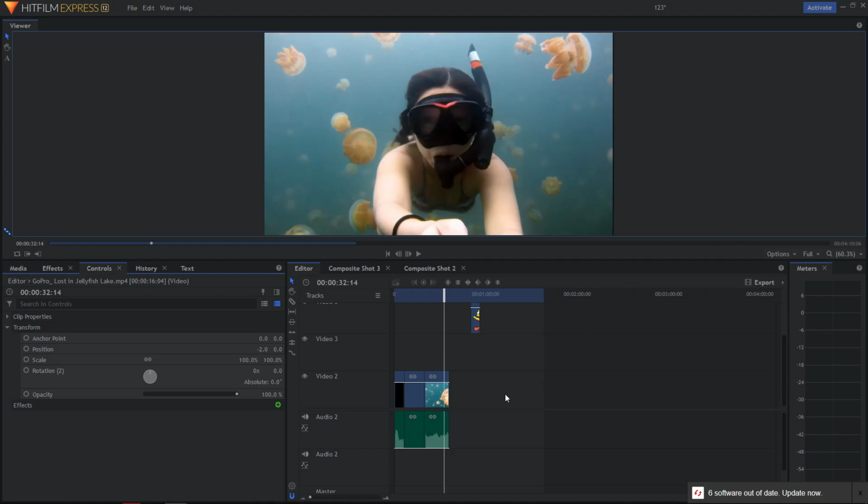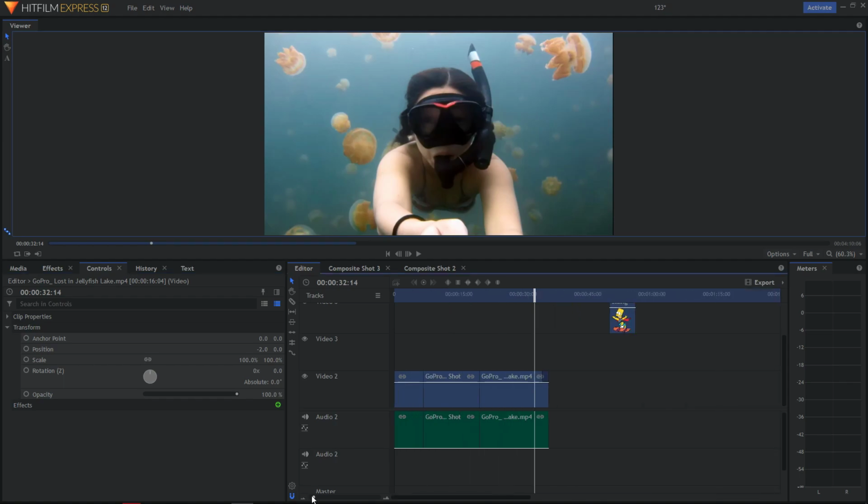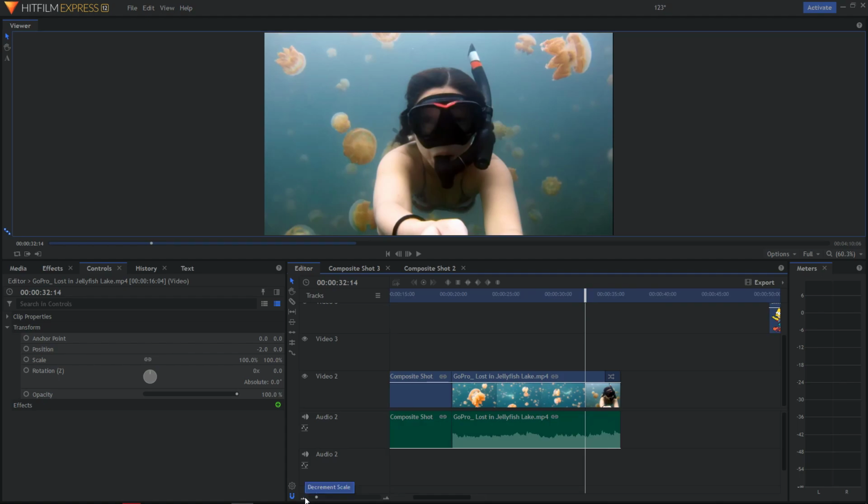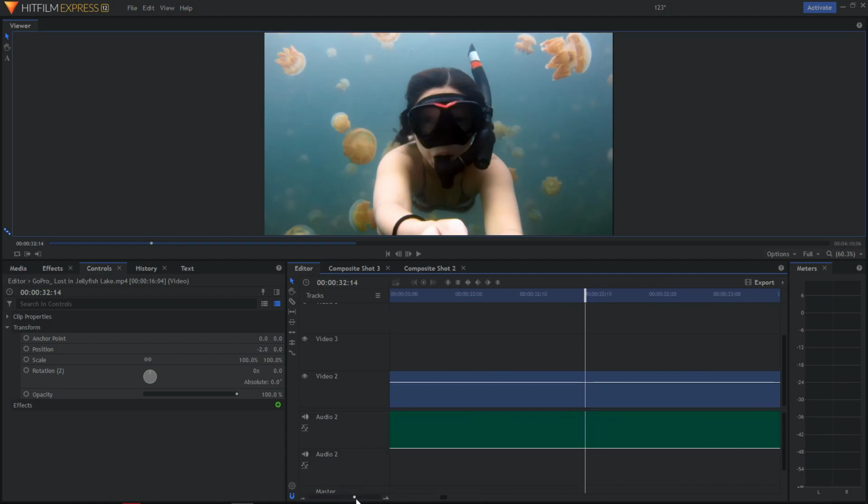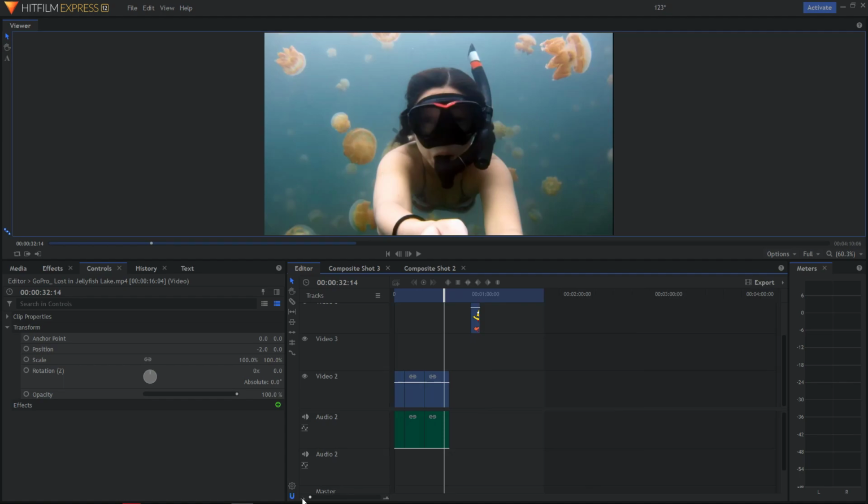In this video I want to show you how you can zoom into your timeline in HitFilm Express 12, and there are actually two ways how you can do that. The first way is right there. When I'm zooming in, there is this terrain, the map, decrement scale, and you can make it larger or shorter,